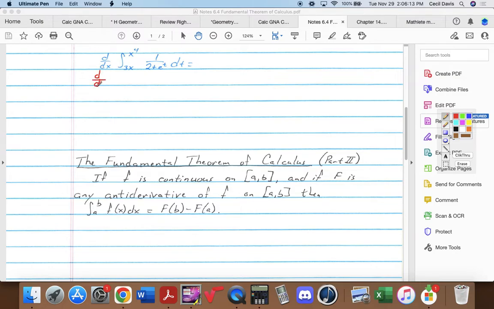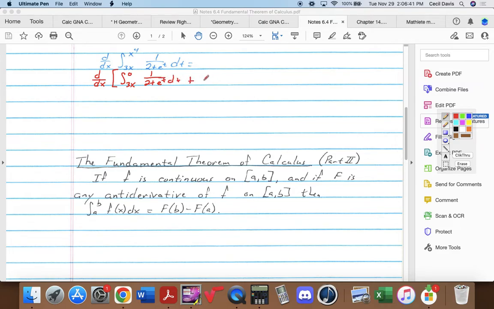We won't do this except on this one example, and then you can skip over all that. I'm going to rewrite this as the integral from 3x to, pick your favorite constant, 1 over 2 plus e to the t dt